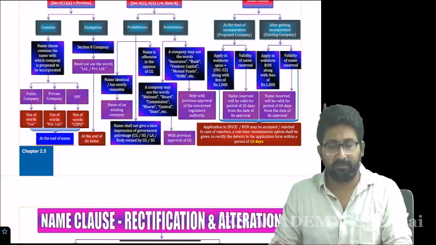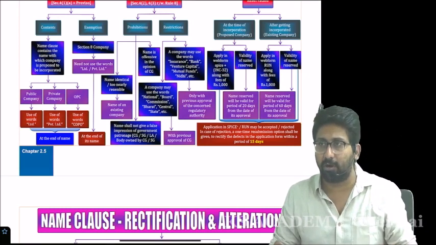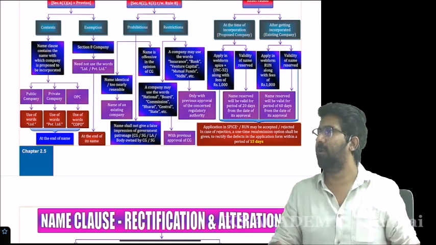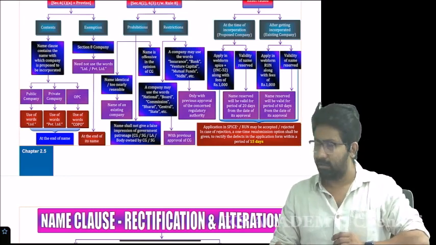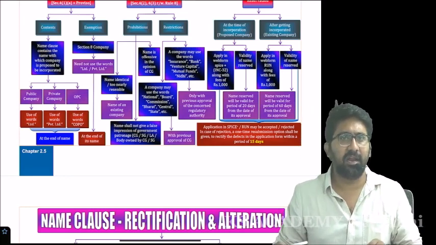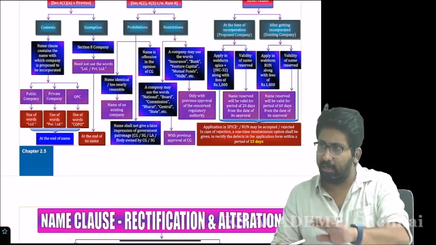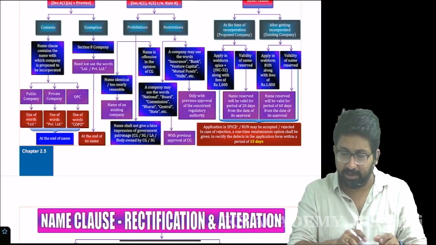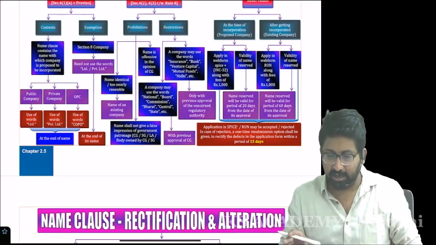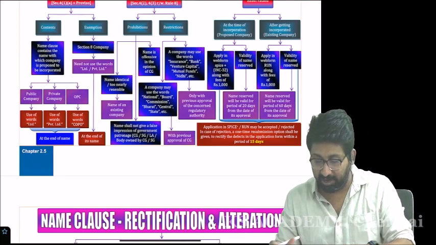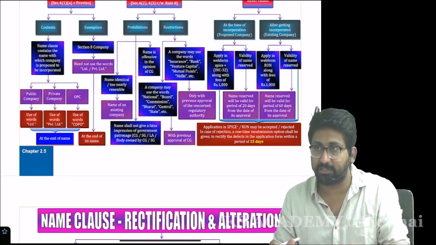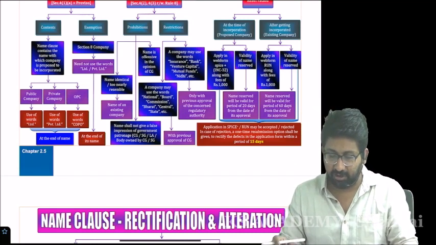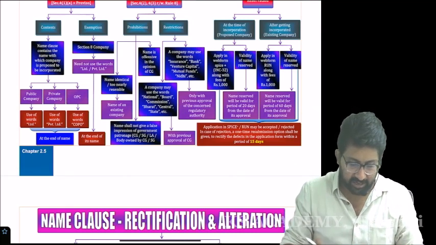Page number 2.19, they gave a concept called the name clause. Hello, listening, everyone? Yes, sir. They gave a concept called the name clause. A student will start reading it. Applying for a name, undesirable names they have given. He will turn. Next one is reservation of name, the next concept they have given. He will read it. He will turn.